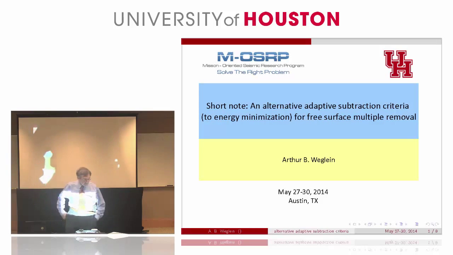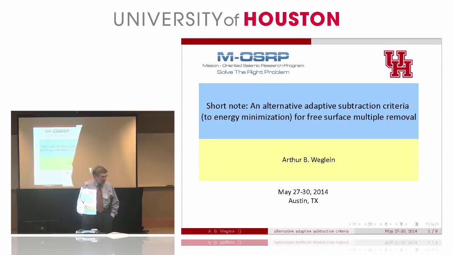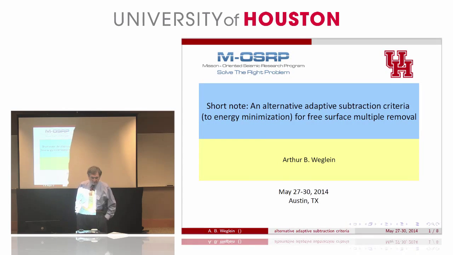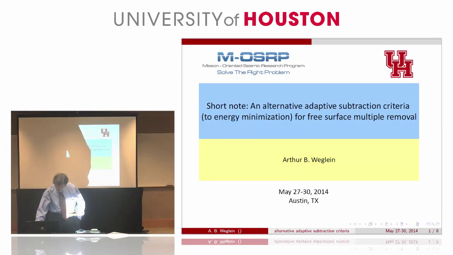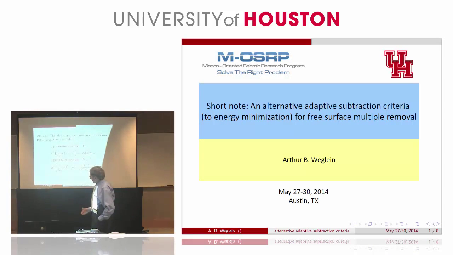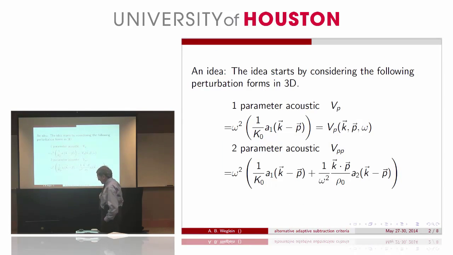Okay, so this is just more of a comment to give you some idea of what a criterion that derives from, let's say, the free surface multiple algorithm itself would look like. If you think of the free surface algorithm, it has data that enters, and data times the obliquity times data, and data, we write that data as